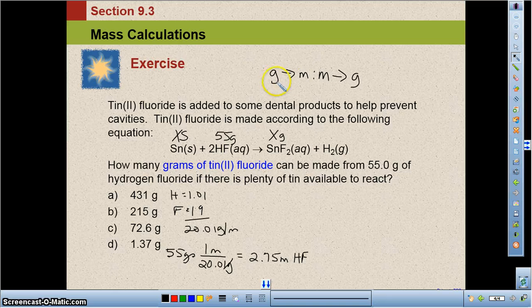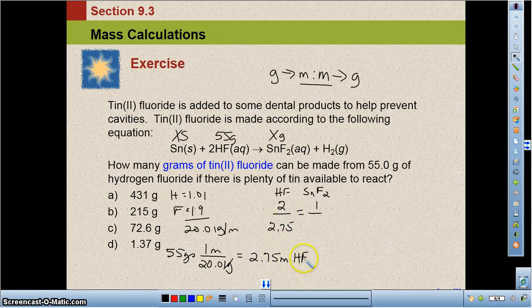We've done grams to moles, we're going to then concentrate on our mole-to-mole ratio. So we have hydrofluoric acid, and we have the tin-2 fluoride. We go from the balanced reaction for the first one. So the balanced reaction says for every 2 hydrofluorics, I should be able to produce 1 tin-2 fluoride. The bottom number, remember, is from the problem. The problem says I have